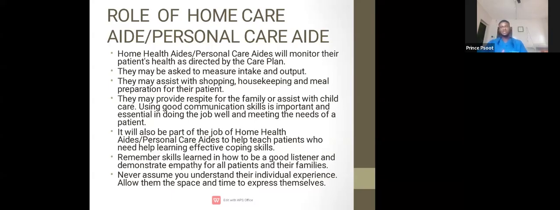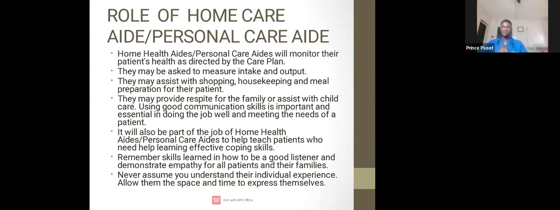They may assist with shopping, housekeeping, meal preparation for their patients. You provide food and you cook for them. You keep the house. You go shopping. And you may need to provide respite for the family or assist with child care. Using good communication skills